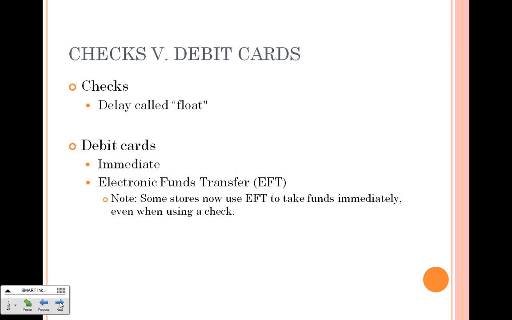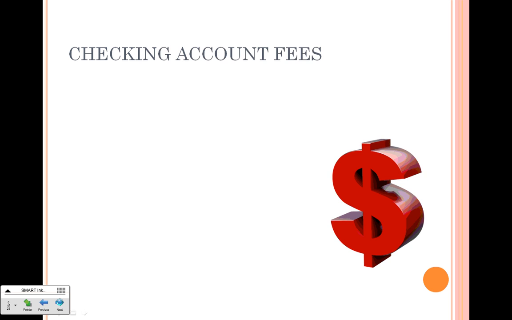It should hit your account within a few hours of you making that transaction and entering your PIN. You'll notice now that a lot of stores are using something called EFT, or electronic funds transfer. If you look at, for example, Pick 'n Save at the checkout, there's a little notice saying that they use this, and they'll charge you if they run your check and there's not enough money in your account. So really what that does is that they run the check through their register and the money comes out of your account a lot faster than it used to. There are also some fees associated with all these different kinds of accounts that we have to talk about.